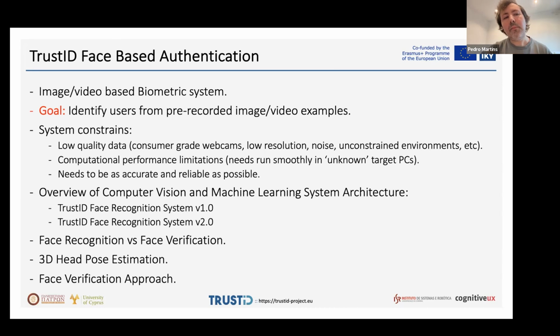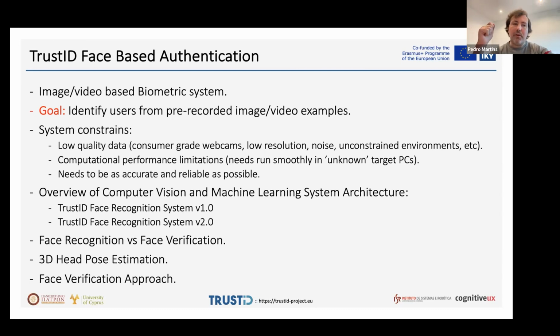First of all, we are mostly facing consumer-grade cameras, which usually produce low resolution images, typically VGA images. They have a lot of noise and usually poor performance in low light conditions, which is a huge limitation for any algorithm, to be honest.